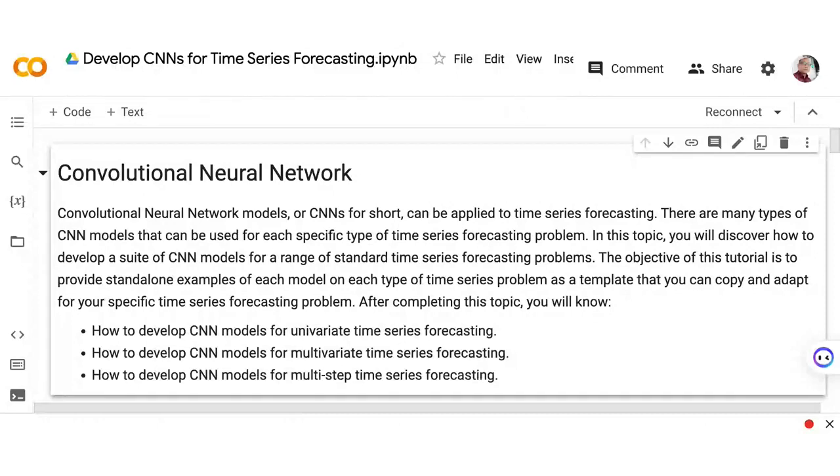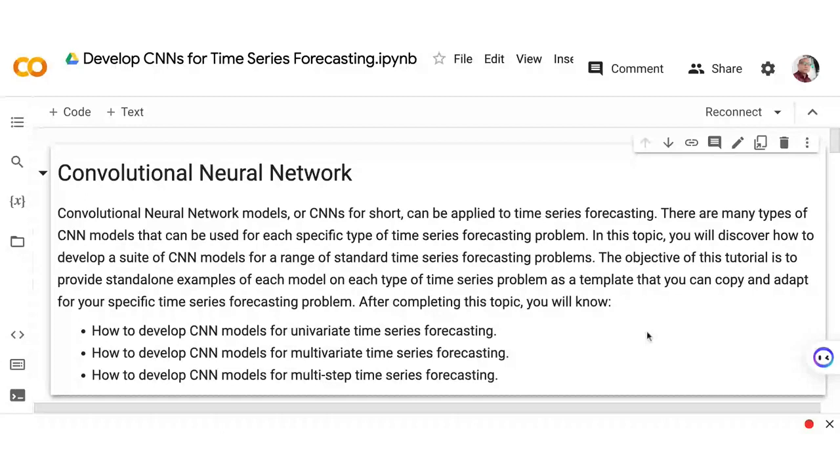They use CNN for time series forecasting, but basically they combine other models to make it a hybrid model for time series forecasting. Basically, CNN can be enough to be applied for time series forecasting.